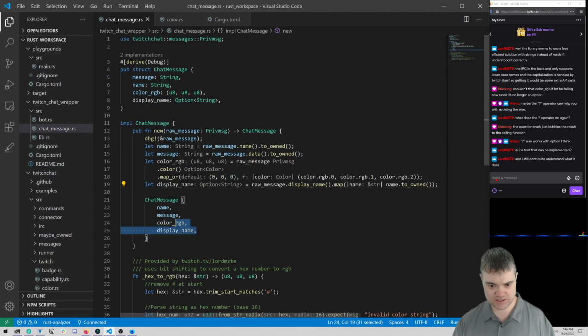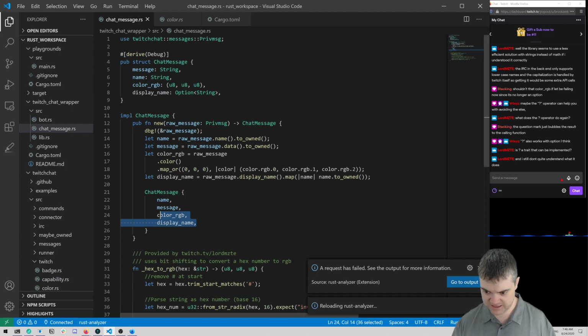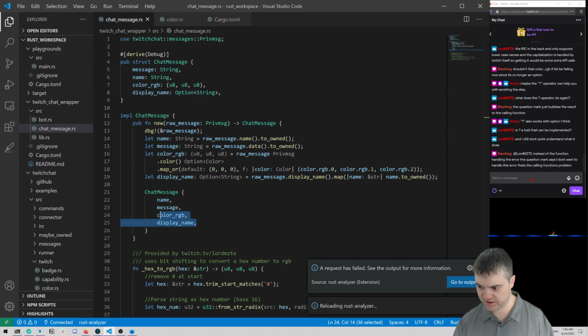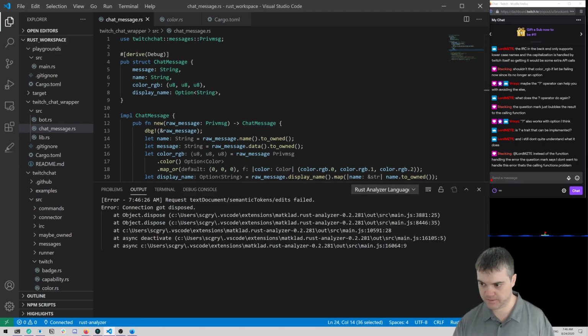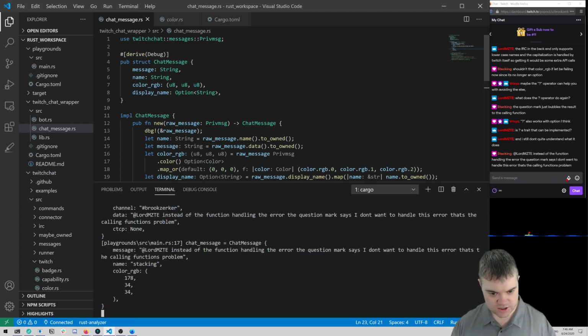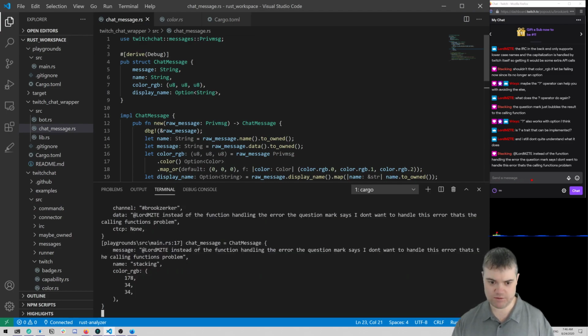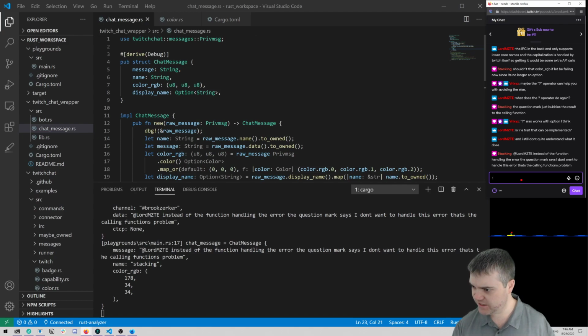I don't know why these colors have changed. Let me try restarting our Rust Analyzer. Oh, completely failed. Cool. Okay, and now our colors are back. Excellent. Okay, so continuing on. We have color, we have the display name now. Emotes. Is this the emotes that you have access to, or emotes that were used in chat? Do I have emotes? Can I do...